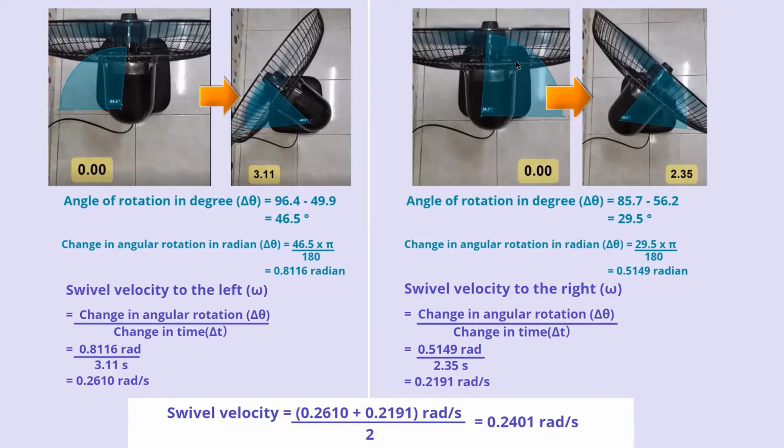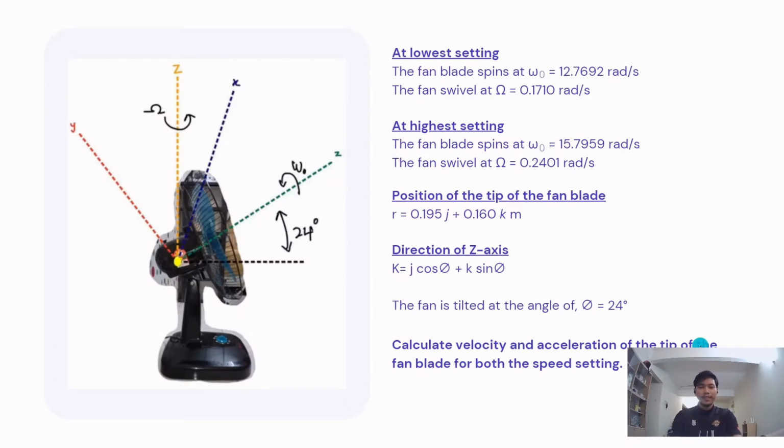The swivel velocity to the left and right is 0.261 radian per second, and